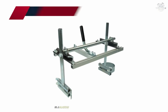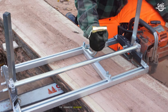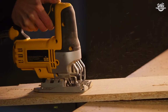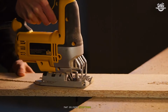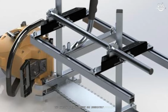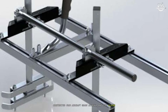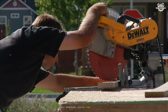Number 3. Alaskan MKIV G778 Chainsaw Mill. The Granberg Alaskan MKIV G778 Chainsaw Mill has earned its reputation as a professional-grade tool that delivers exceptional performance. When I first got my hands on this mill, the quality of craftsmanship was immediately apparent. Constructed from aircraft-grade aluminum and zinc-plated steel, the mill feels incredibly solid while remaining lighter than you might expect given